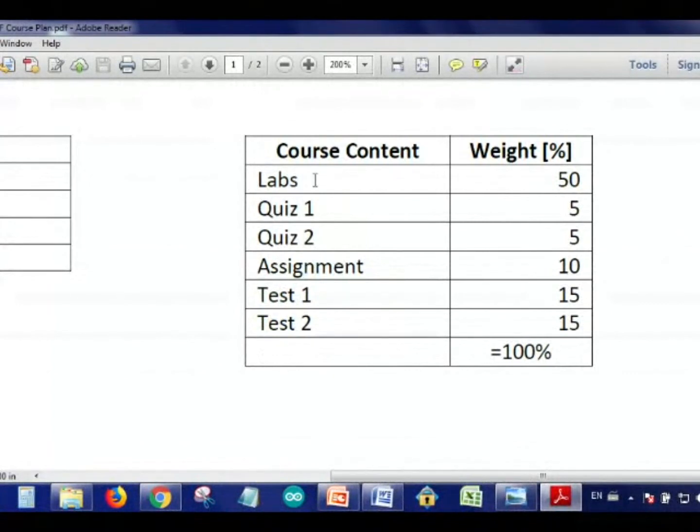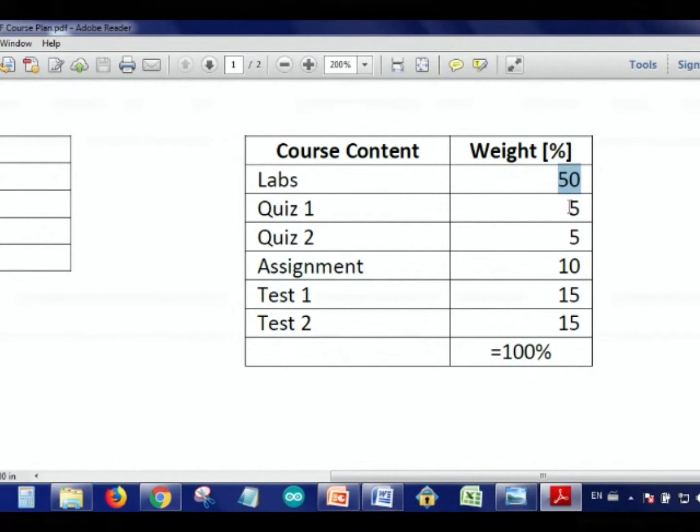Labs. All the labs are worth 50% of the whole course. Okay. That's a big weight. All right, 5 labs. Each lab is worth 10% of the course. So you've got to attend those labs, and you've got to do them properly. 2 quizzes.